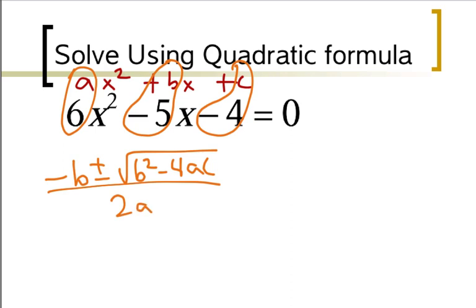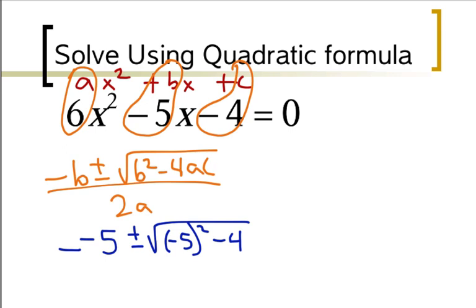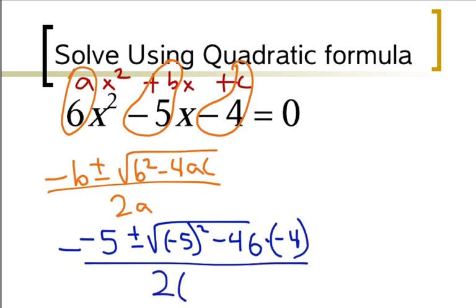So we replace the negative b, which is going to be negative 5 because b is negative, plus or minus the square root of b squared, so it's going to be negative 5 squared minus 4 times a, which is 6, times c, which is negative 4, all over 2 times the a. Okay, so now it's all a process of simplifying, and if you can plug in and simplify, the quadratic formula